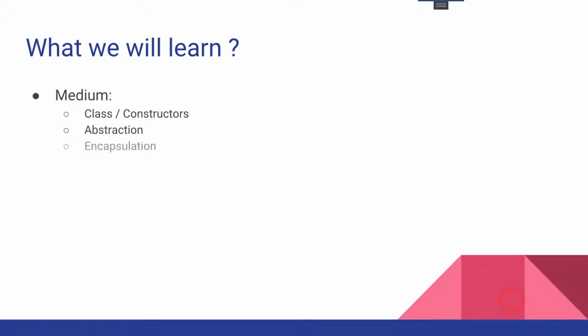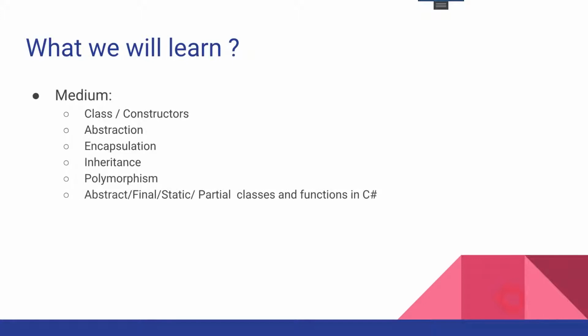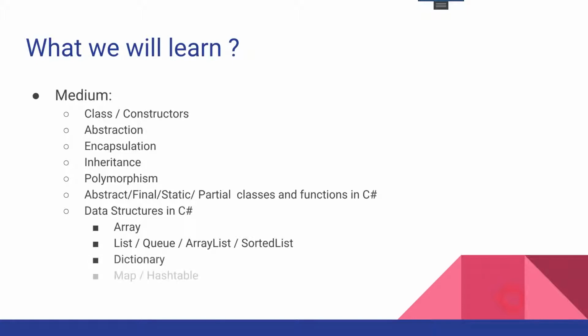Then we will talk about abstraction, encapsulation, inheritance, polymorphism, and then we will talk about abstract, final, static, partial classes, and functions in C Sharp. And then we will talk about some data structures commonly used in C Sharp. Usually these structures are arrays, lists, queues, array list, sorted list, dictionary, maps, or hash tables. And then we will talk about interfaces in C Sharp and some custom structures, and we also will talk about